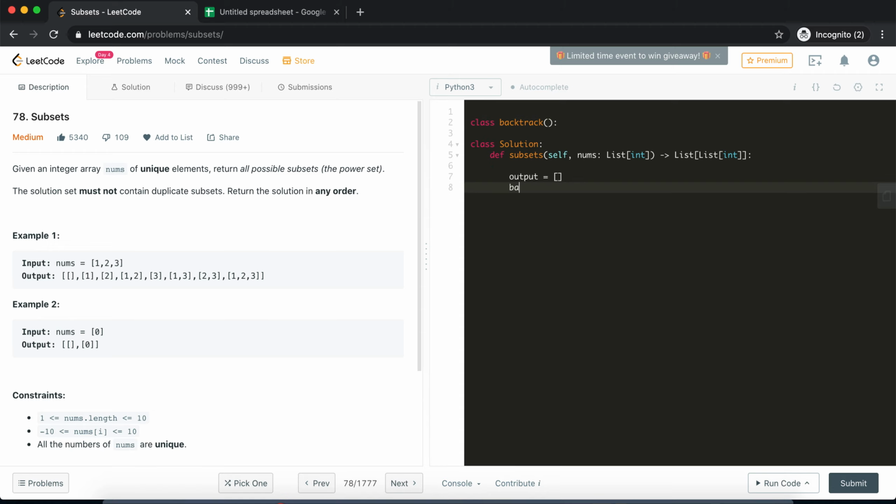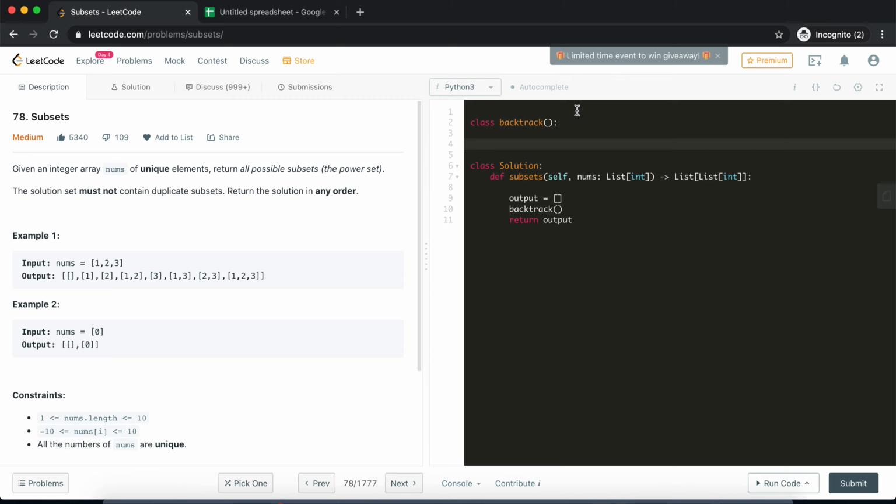Now it will call the backtrack function and pass a few things, and then after that it will return the output. Okay, so what does this backtrack function need? Obviously it needs a numbers array where all the elements are present. Then it will need the index, that is, which part of the array is available to me, because not every recursive function will have the entire array available to it, right? So that is the index. Then it will need the current permutation, and finally it will need the output.